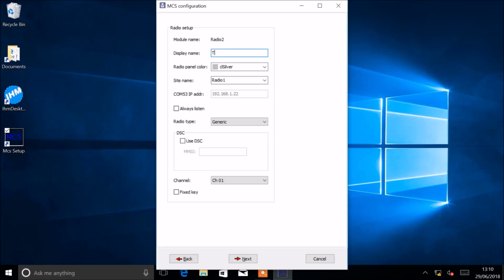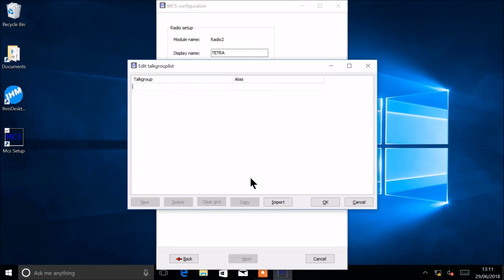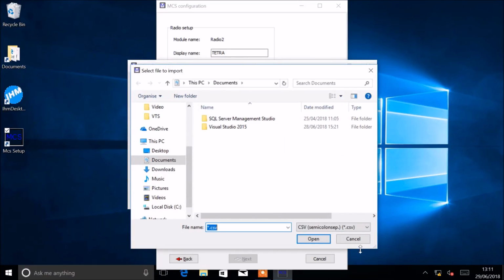For radio 2, I choose a Theta radio, here at the display name. Panel color, IP address, always listening and so on is the same as for radio 1. The type I choose, Motorola Theta. DSC is not possible for this type of radio. Talk groups. I have to define the talk groups. They can be imported from a CSV file